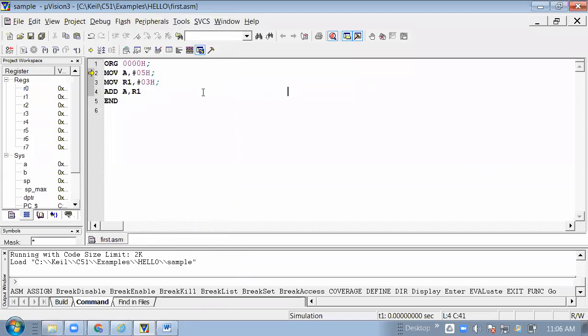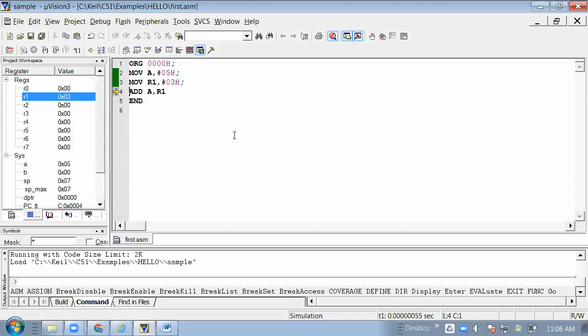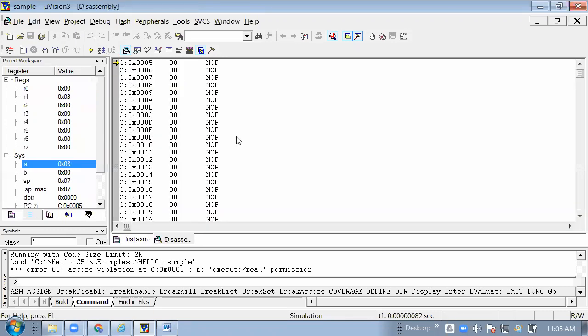So F11. So this is the execution of the program. A will be at 0. See how this works.